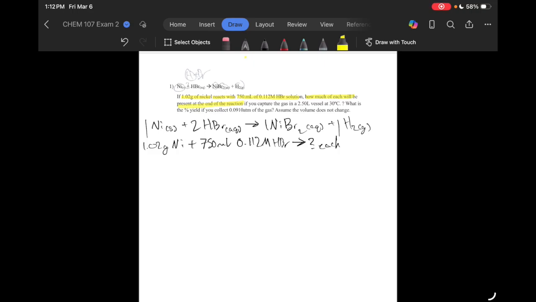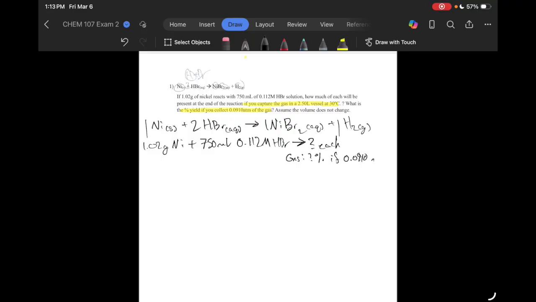Notice it also says if you capture the gas in a 2.50 liter vessel at 30 degrees Celsius, what is the percent yield if you collect 0.0910 atmospheres of the gas? This is talking about the gas specifically, which in this scenario would be hydrogen. Since it's on the right side, let's just write this on the right side. So for the gas, it's asking us what is the percent yield if